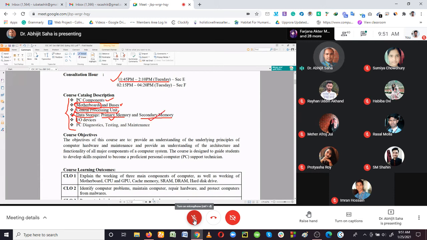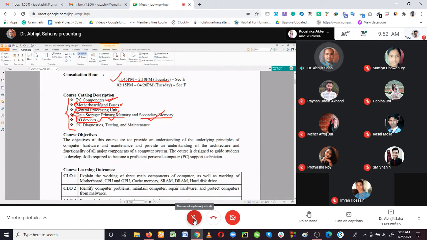So here we are going to target the RAM. Here we are going to target the hard disks. So this is our target for the memory. And the third main computer component is going to be the input output devices. We are going to discuss what input devices and output devices there are. We should know that. We are going to target maybe only one input device from here, and there will also be some discussion of the PC components.